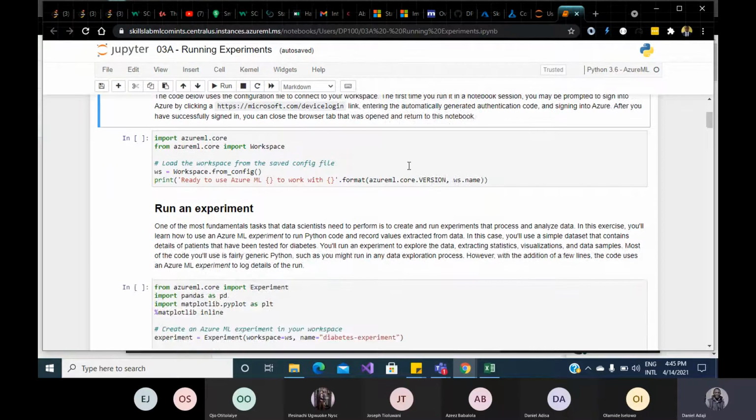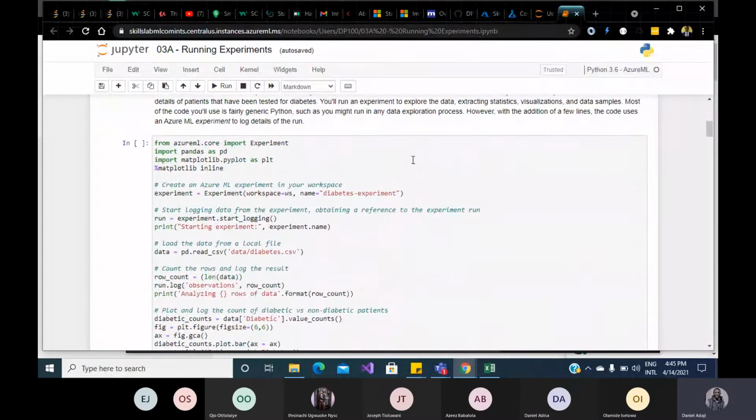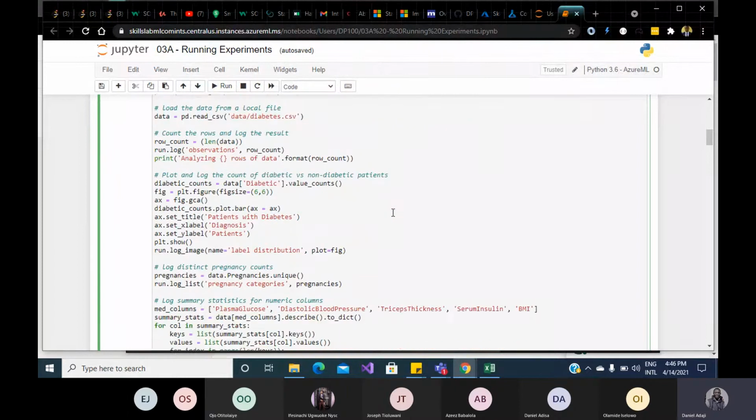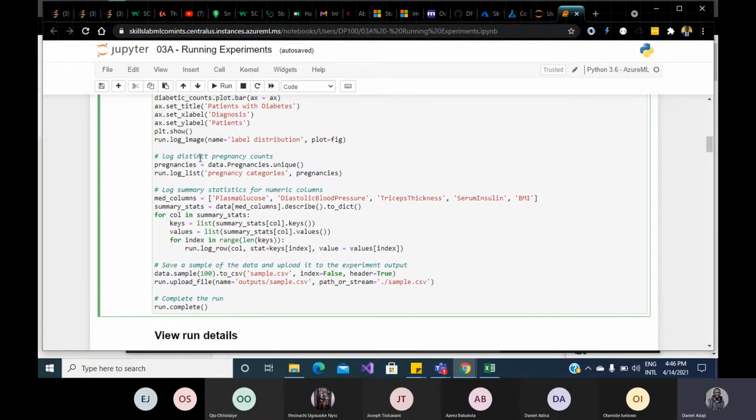So what we are going to do is run this experiment, and this is what the experiment is about, still the diabetes experiment, which we have, but we are creating a new one, given this name. Then we are going to start the experiment and give it the data. Then we are going to do different plots with it. And then we are going to log,